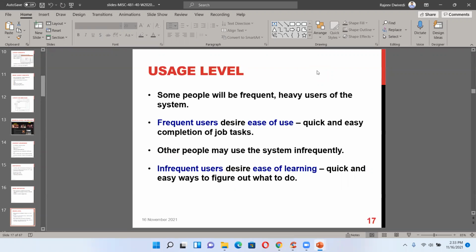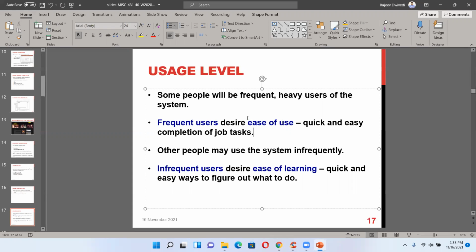Similarly, if I go on any other new website to do my order, instead of Amazon.com, I need at least 5, 7 or 10 minutes to do anything. On Target or others, at least 5, 7, but on Amazon and Walmart, I need less than 1 minute, because I'm a frequent user on those. I know what to do and how to proceed. So the level of use: it is easy for a frequent user.